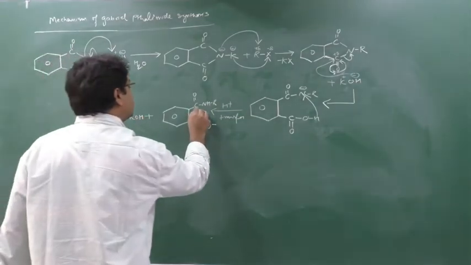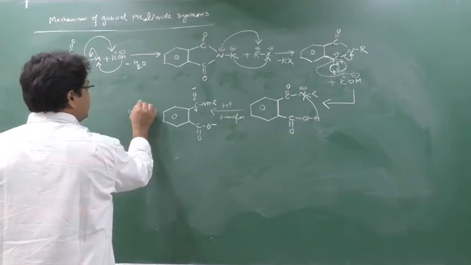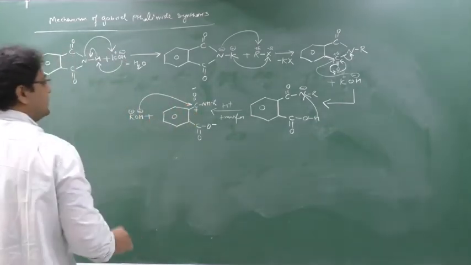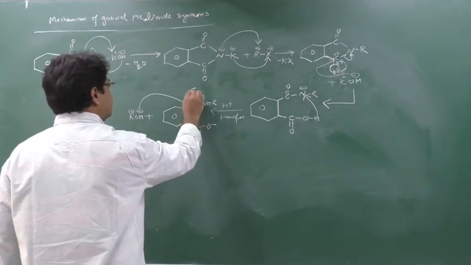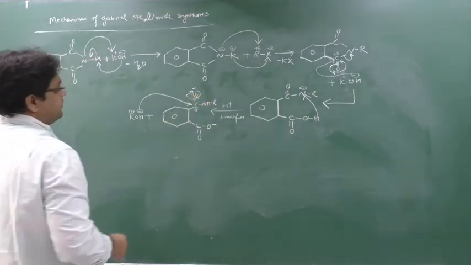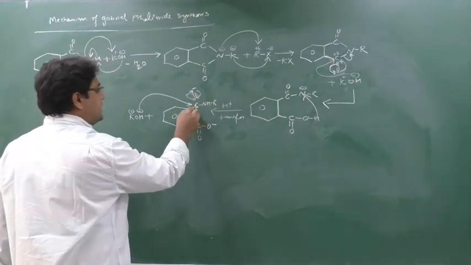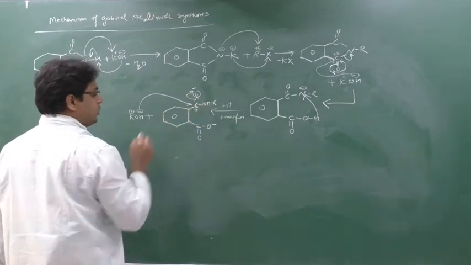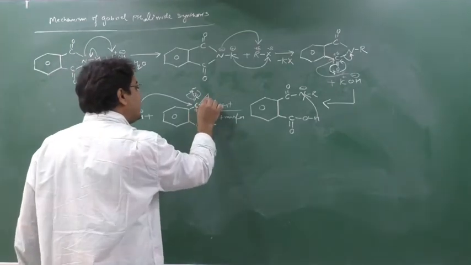Again, this is having the positive charge, this is having the negative charge. This OH minus will attack this carbon. This carbon wants to make a bond with this OH minus, so this bond will break. But oxygen will say, I will not break my bond, you keep your bond with yourself, meaning oxygen will do back bonding. So again carbon is left with two bonds. Either this bond should be broken or this bond should be broken, but this bond cannot be broken because it is resonance stabilized, so this bond will break.